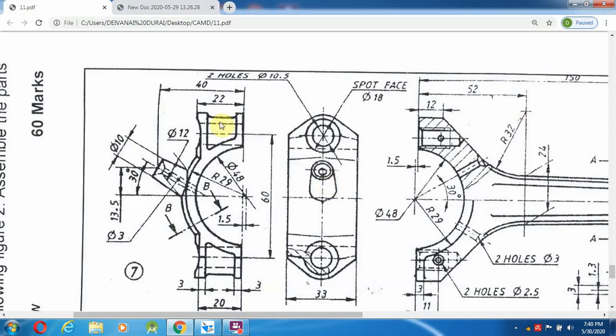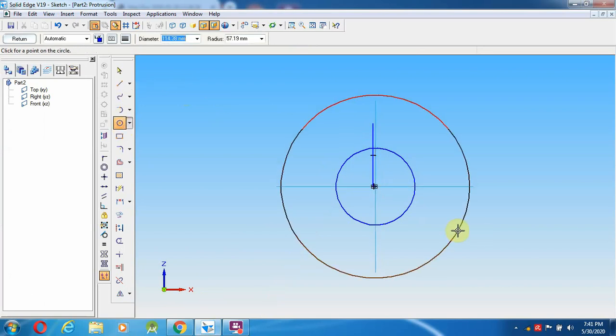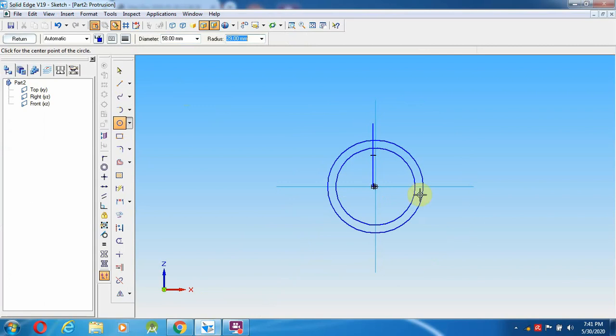So after drawing this, you can go and draw the bigger diameter of this one. That is the distance over here. So it will be 29, radius is 29, so 58 mm diameter. Select a circle, so from center of this a 58 mm diameter.